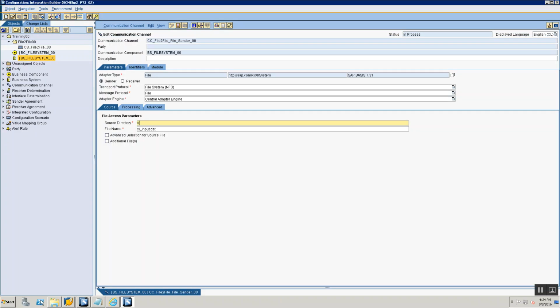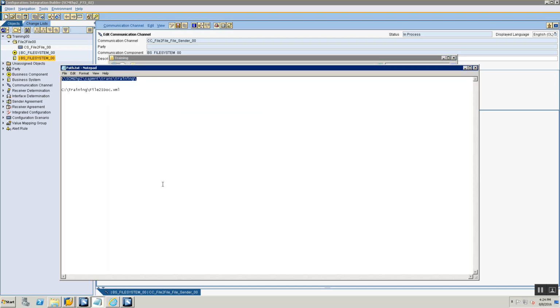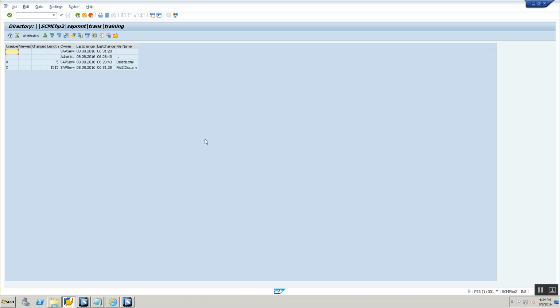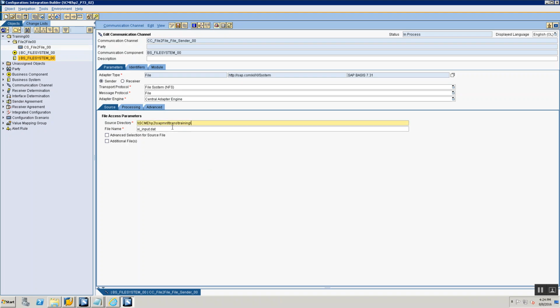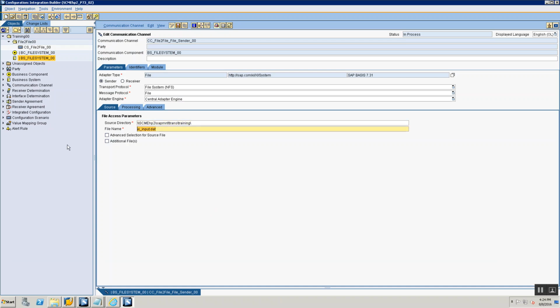I actually have that handy here. So let me just open it here. And this is my directory. Okay, so this is the same directory you see here: SCM EHP2, SAP mount, trans, training. Okay, so I'm telling PI, please look at this directory for my sender file adapter channel and look for the file